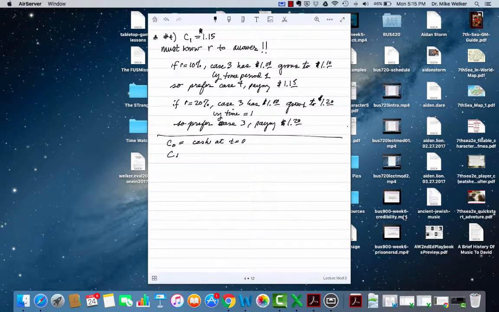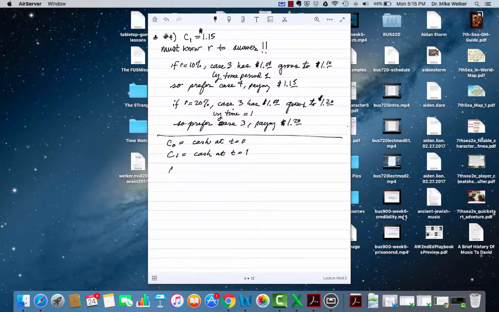And C1, of course, is cash at time period 1. So what level of C0 and C1 would make us indifferent? Indifference meaning the same dollar amount arises in these time periods. Okay, so we saw that C0,